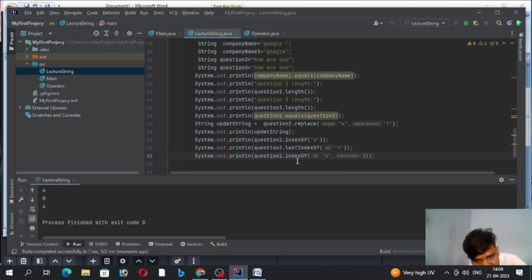So he checks index number 3, starting to check whether W is available or not. But you can see W is available at an index before 3, so it cannot return minus 1. Why? He is just checking from starting index number 3 to the length of the string. The starting number here, index number 4, is available and I am checking up to it, so it returns